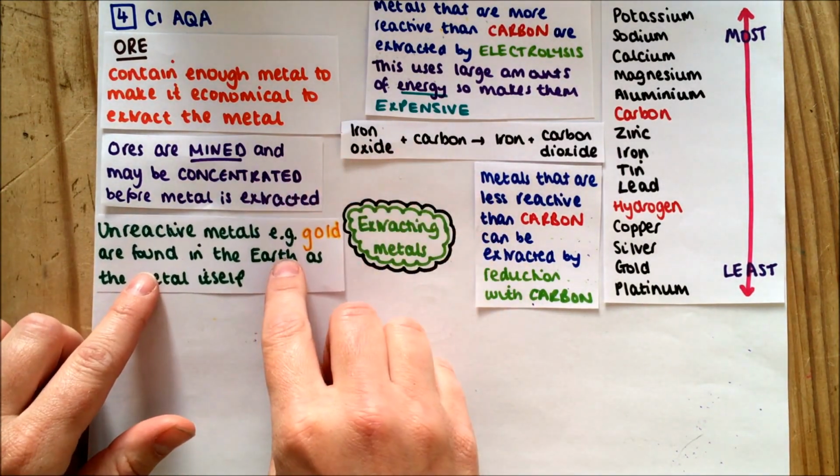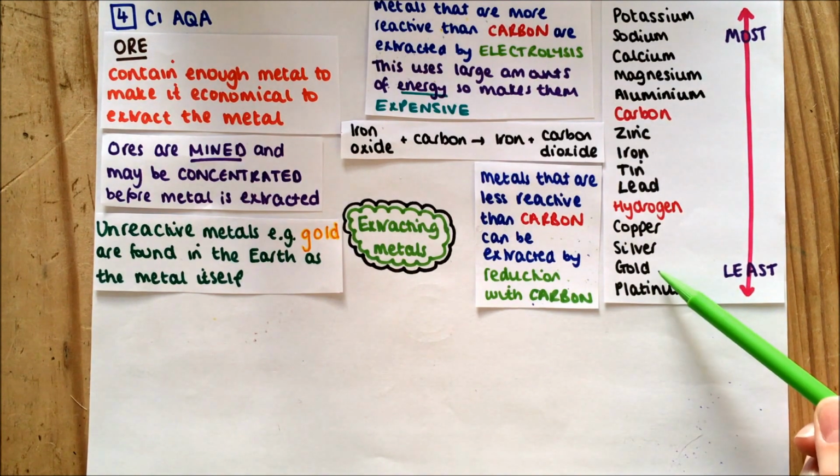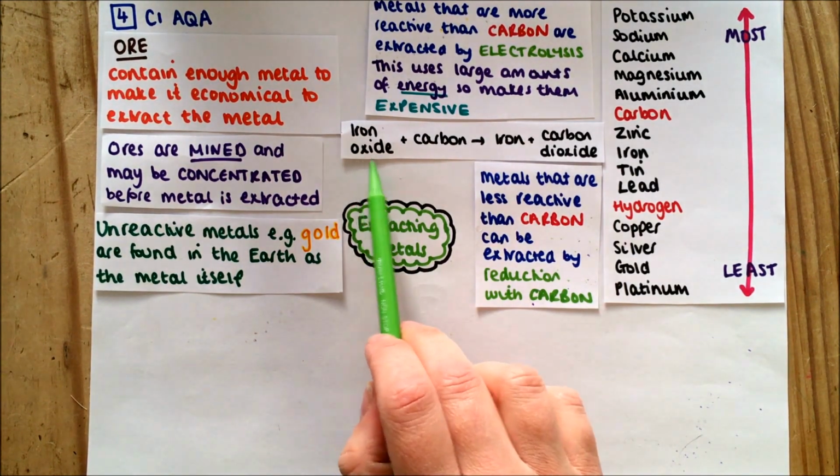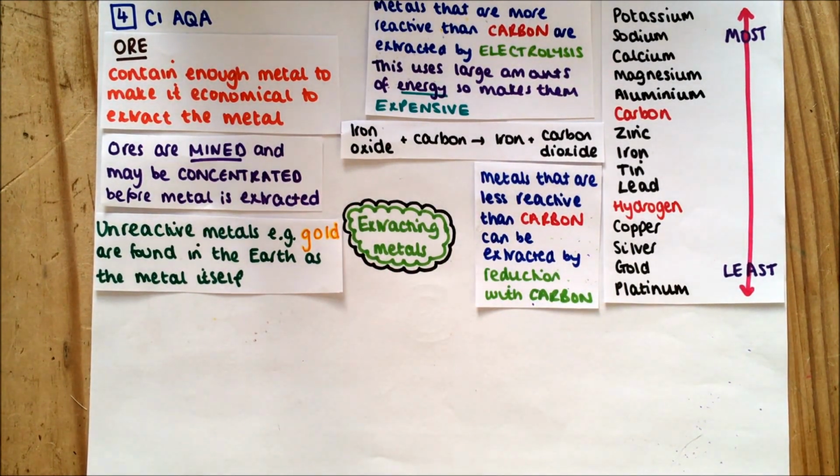If, however, they're right at the bottom, like gold, it's very unreactive, so it's probably found just on its own in the earth, because it won't even react with oxygen to form an oxide because it's so unreactive. There's a couple of examples that you need to know in particular for extracting metals, and the main one